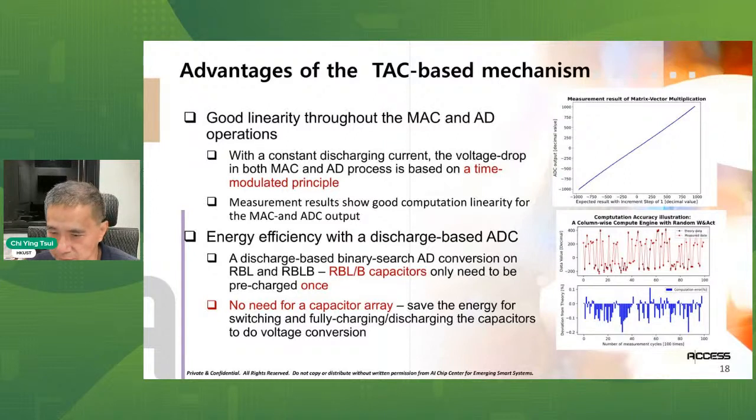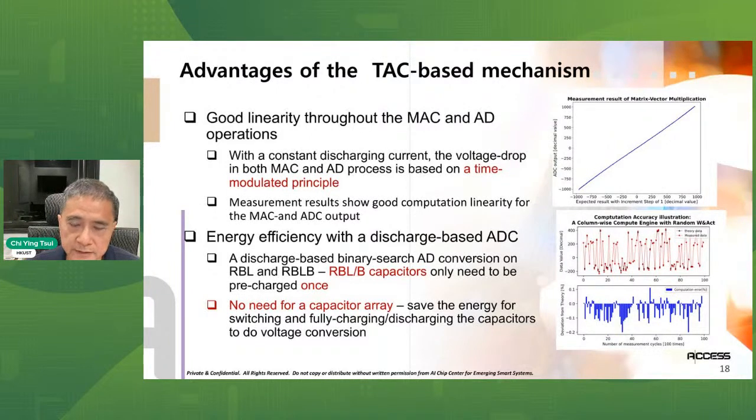We can see that most of the time, when we accumulate different data, the measured data and the expected data are off by at most 0.2%. Also, the energy efficiency of the discharge ADC is much better than the traditional SAR ADC, because now we only need to charge the bit line once. During the ADC, we don't need extra charging of an extra capacitor array. We only discharge the bit line bar, which you only need to charge once for the MAC operation. So we can achieve a very efficient